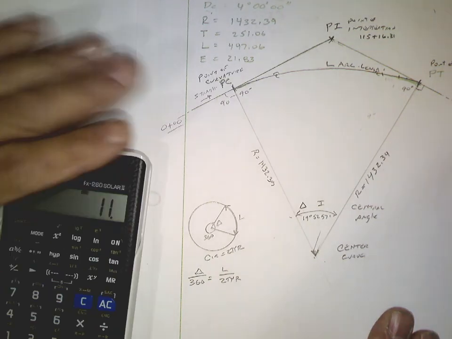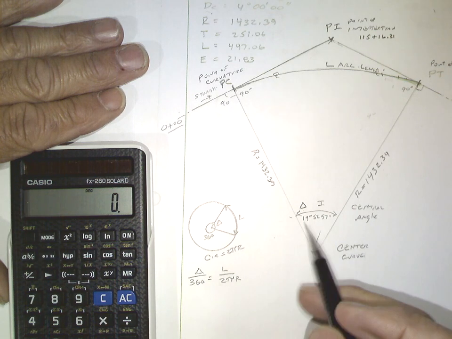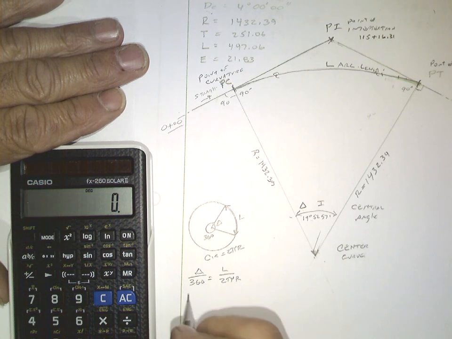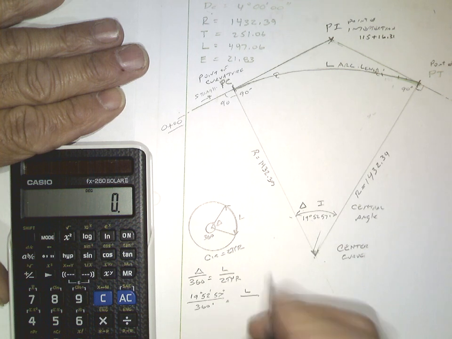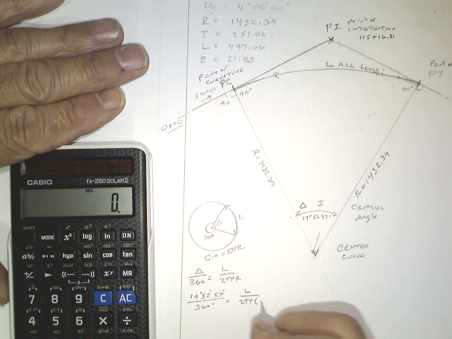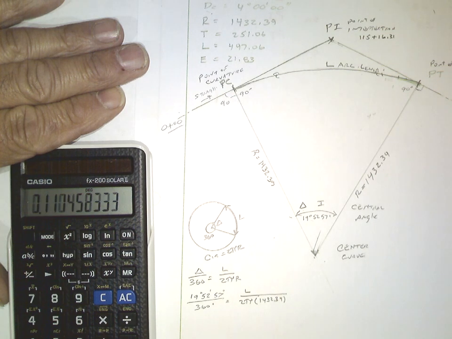Not hard, you just have to think about it, and that makes a lot of sense. Now, the issue is that we're not dealing with halves and fourths or anything, we're actually just dealing with angles. So if we set this angle in here, we're going to have 1952.57 is to 360 degrees, and the same portion as L is the 2 pi times 1432.39. 1952.57 divided by 360 degrees times 2 pi